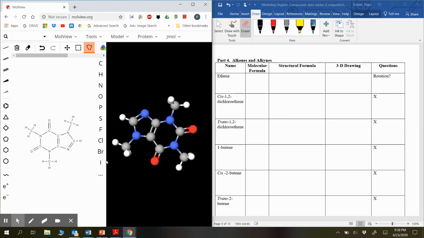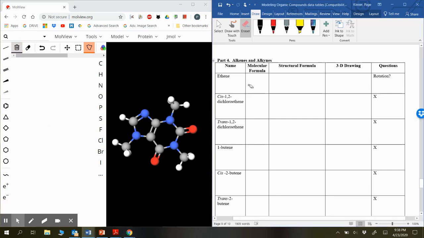And because MolView either has a sense of humor or because MolView is really inspirational, they have the structure of caffeine on their opening page. So to give you a little boost, if you will, here's the structure of caffeine, which I think is kind of fun. I'm going to go ahead and get rid of it though,